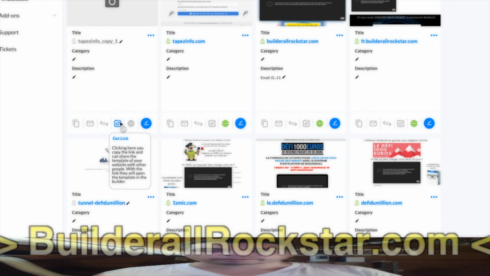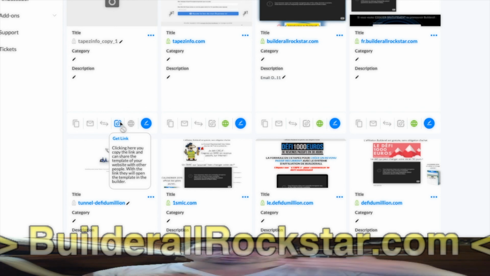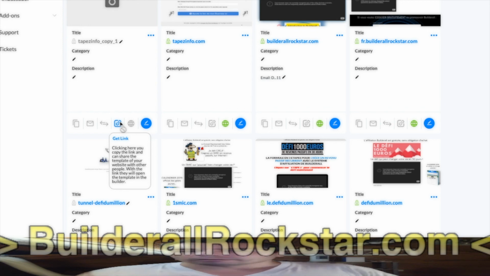And if you remember, it was a long time ago now, the $1 Million Challenge by Liam James Kay, it was based on this feature, the public layout feature. You could get the link to the public layout of his funnel, the $1 Million Challenge funnel. You could get this link only if you bought Builderall. And then on the thank you page, he would redirect you to a page giving you this link and giving you instruction on how to import it and modify it to use it after in order to continue the challenge. It was based on this feature, very powerful feature, but you can also use it for free.